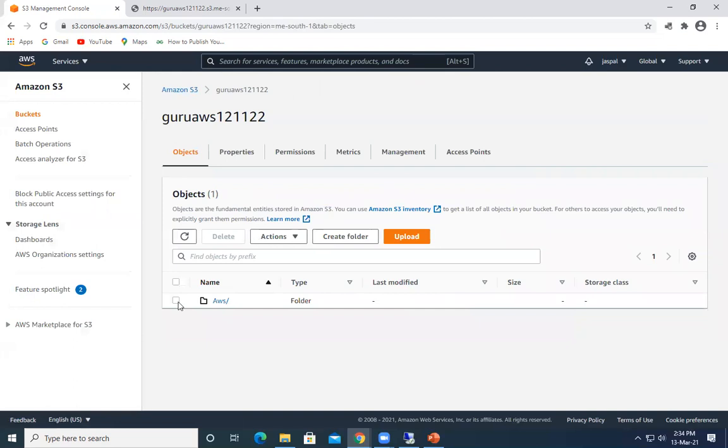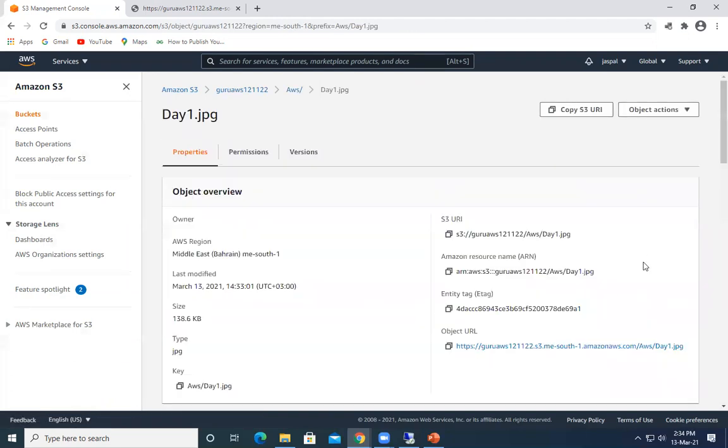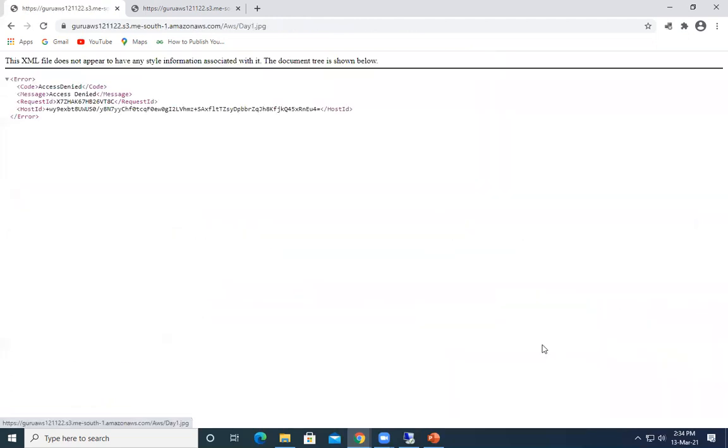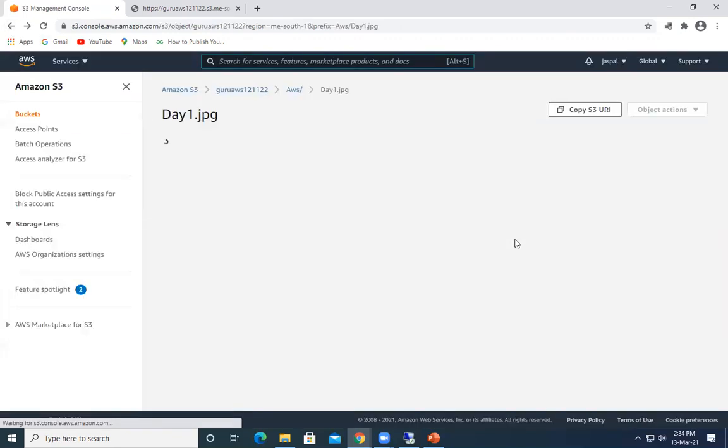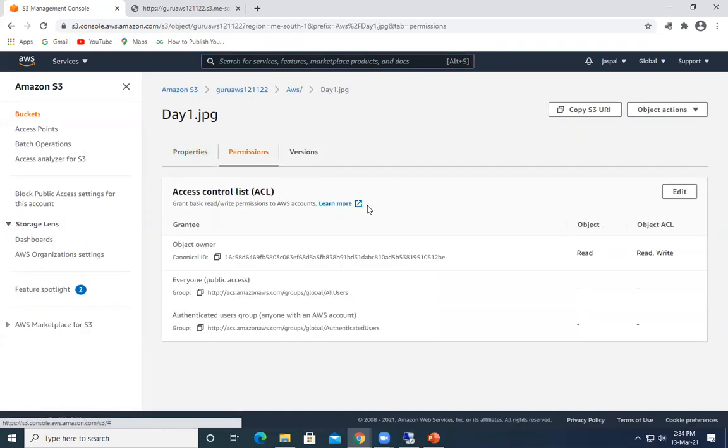So if you go back to your logical arrangement, this is the file that we have uploaded. So let's click on this. You can see still it is not accessible. This means we have to give access permission at the object level too. So I will go to the permission.